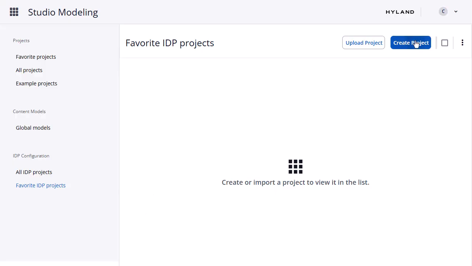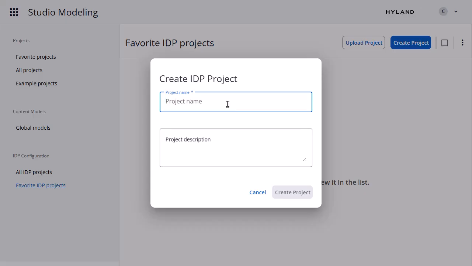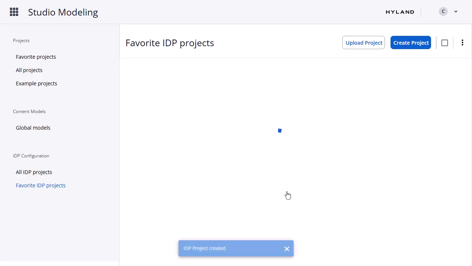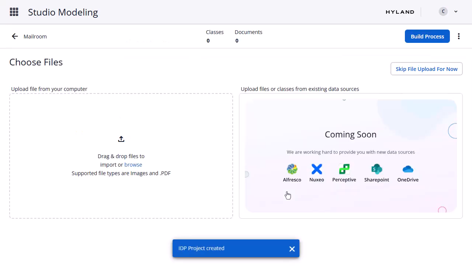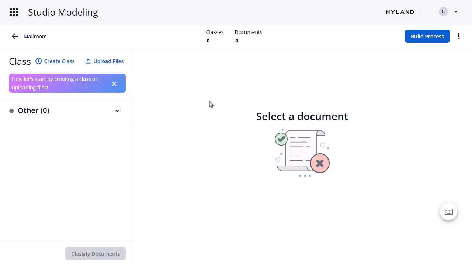Let's begin by creating a new project. In our demo today, we'll create that of a mailroom. All different types of content coming into a central location that we want to classify, separate, and extract value from. We could browse to some sample documents as we begin our configuration and notice that we have some connectors coming soon. But at this stage, I'll skip the file upload for now and jump right in to my document or